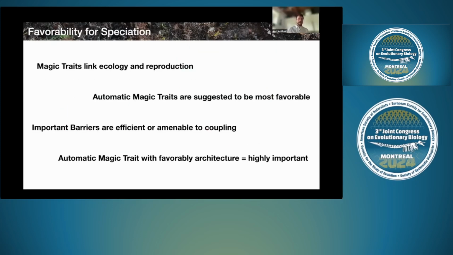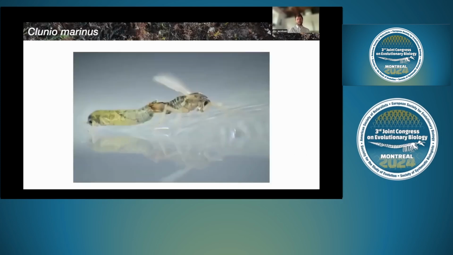So to recap, magic traits link ecology and reproduction and promote speciation, with the automatic magic traits being suggested to be the most favorable for speciation. And if these are important, then the barriers should be efficient and also have an architecture that's amenable to coupling. And so an automatic magic trait with a favorable genomic architecture could be highly important for driving the speciation process. So I'd like to give you a little example of an automatic magic trait in the species I study,